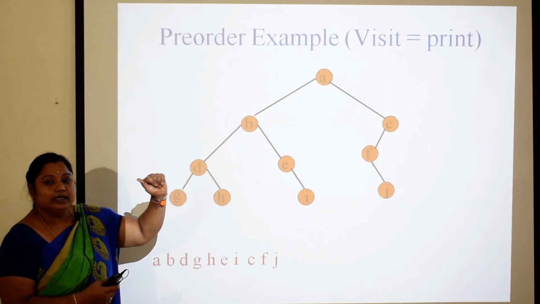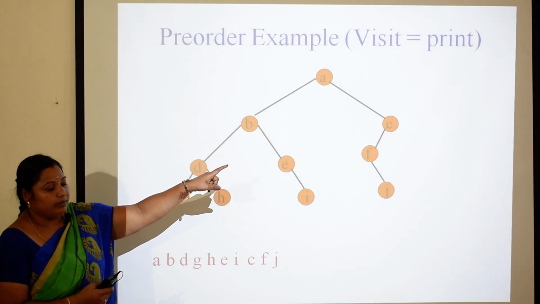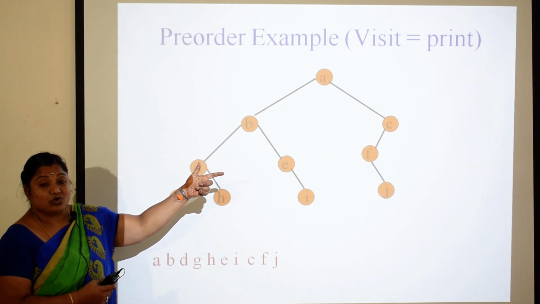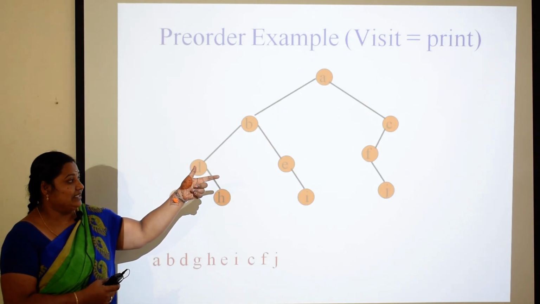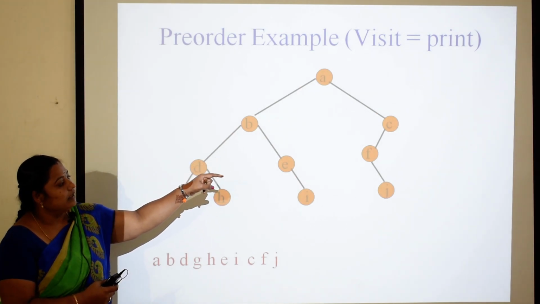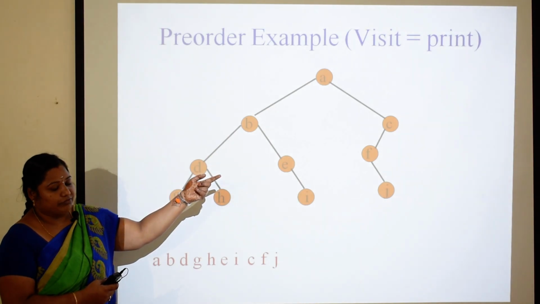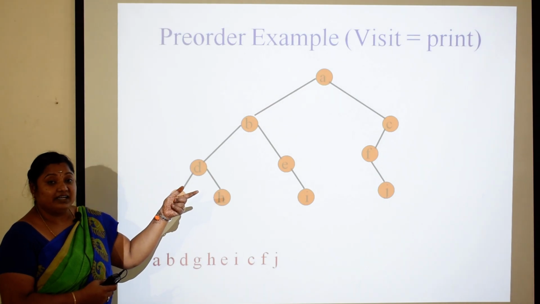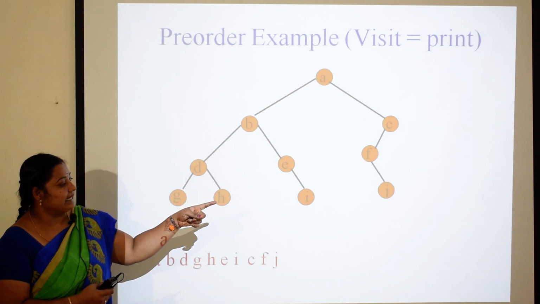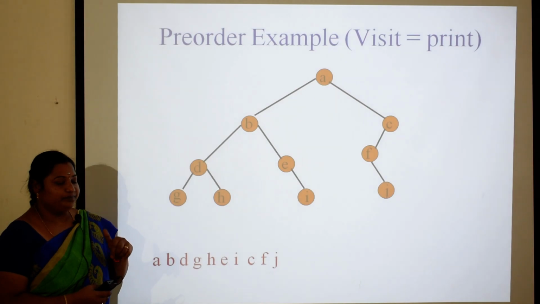Then it will visit the right child. Before printing, it executes the right child and checks whether it has a left child or a right child. It has only one left child. So after printing the root node, it focuses on the left child, that is F. Then it checks whether F has a left child or not. It doesn't have a left child, it only has a right child. So it prints the right child and comes out. So that is how the pre-order traversal works.